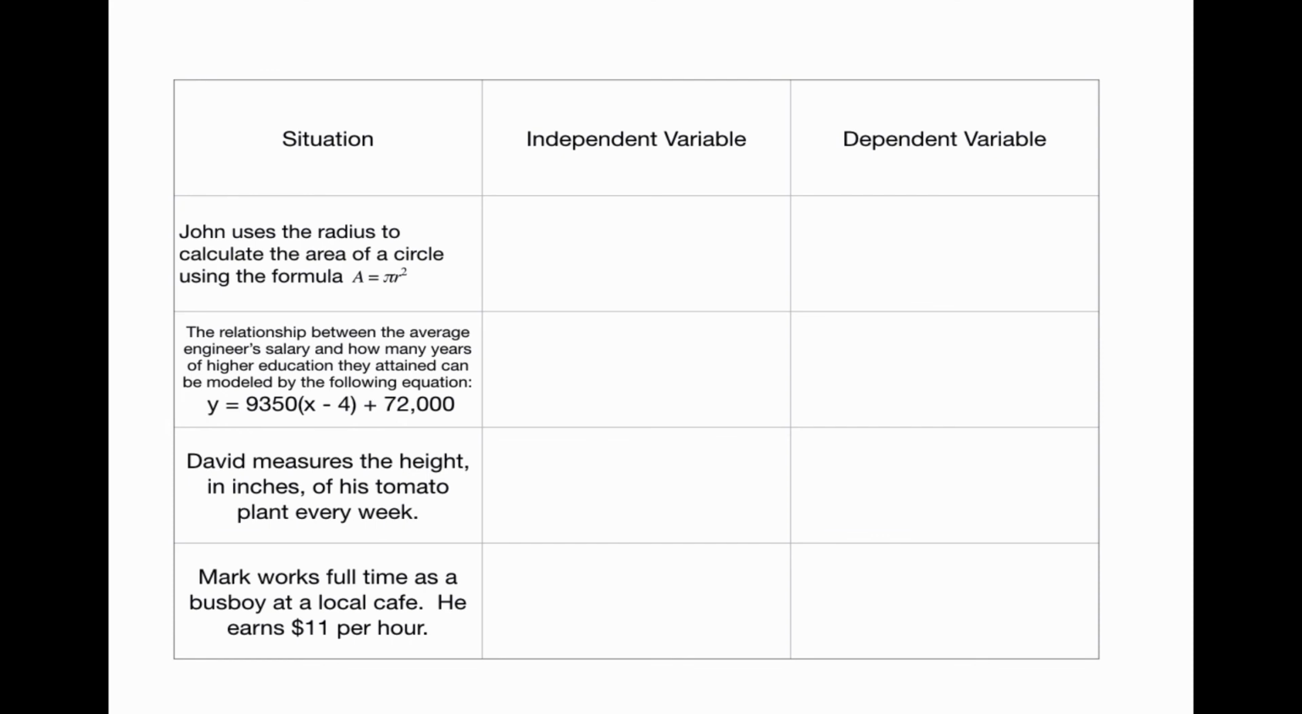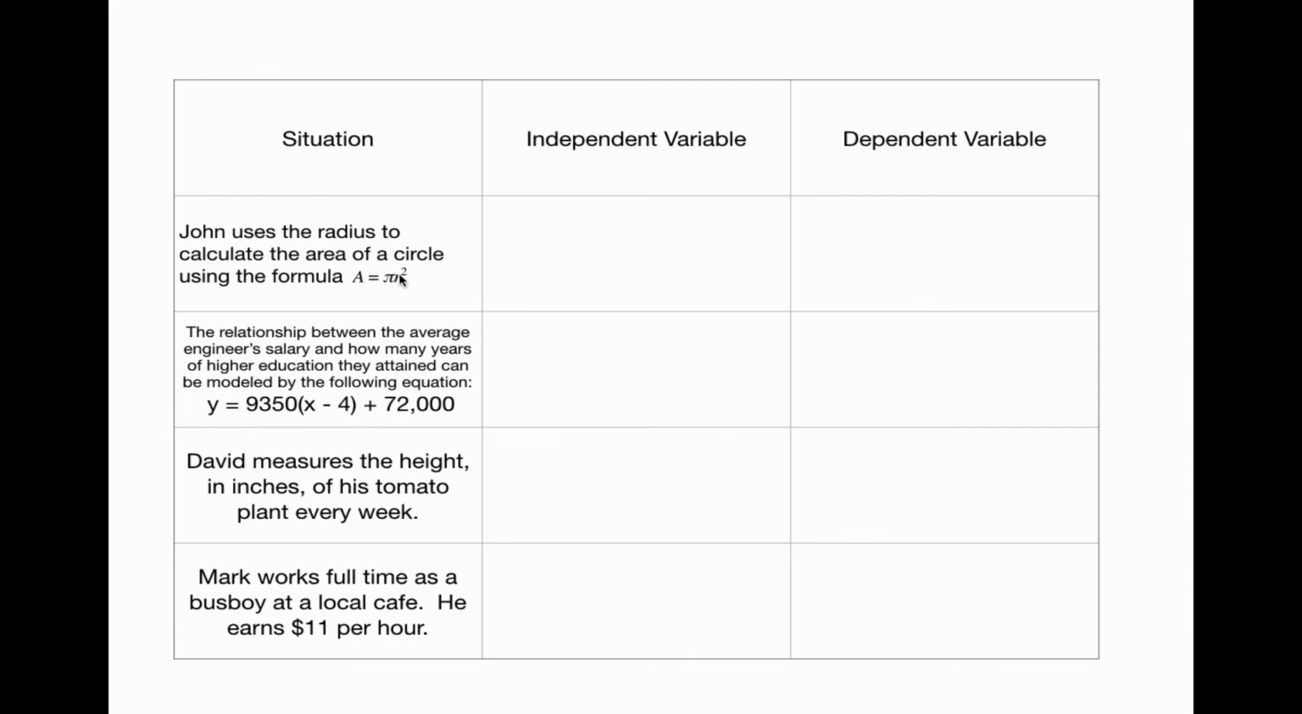All right, let's take the first one. John uses the radius to calculate the area of a circle using the formula A equals pi r squared. So when you're given an equation, identifying the independent and dependent variables is pretty simple. Since the dependent variable is the result of the independent variable, the way this equation is written, the output here is A, the area. So the dependent variable would be the area of the circle,